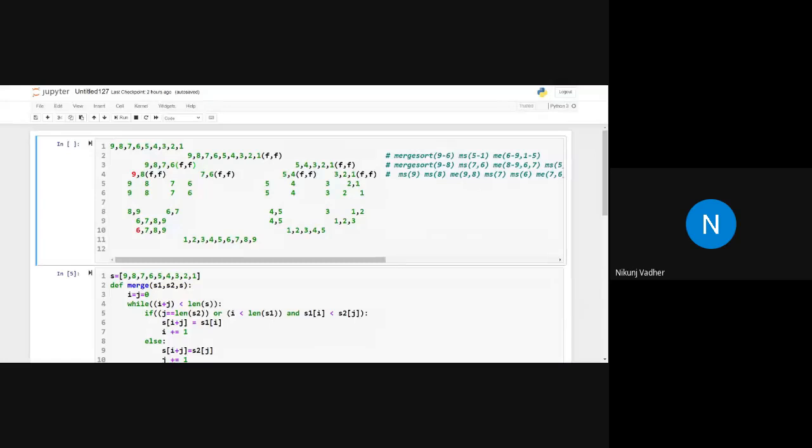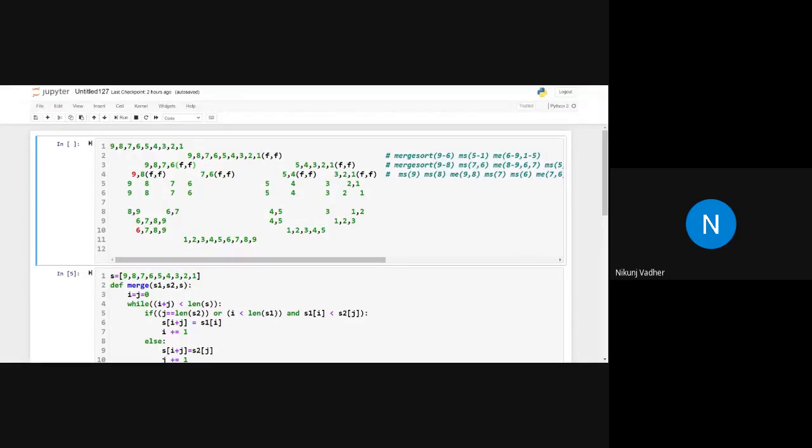A loop inside a loop inside a loop gives n cube, and one more level gives n raised to 4. So as the number of nested loops increases, the time complexity increases in terms of the power of n: n raised to 1, 2, 3, 4, 5, 6, likewise.